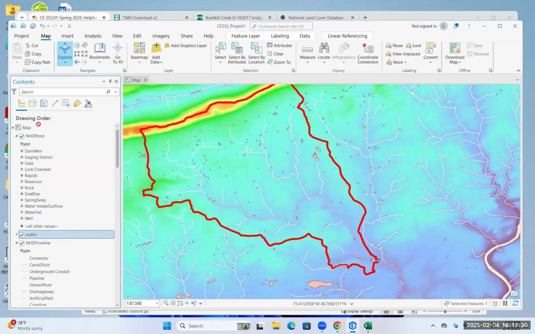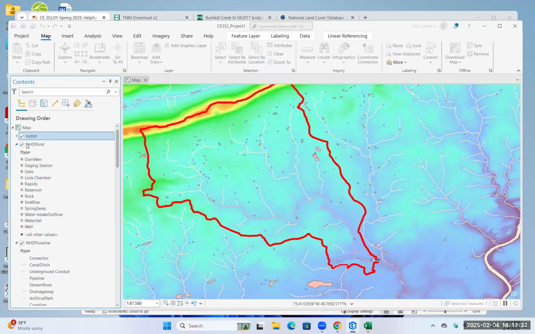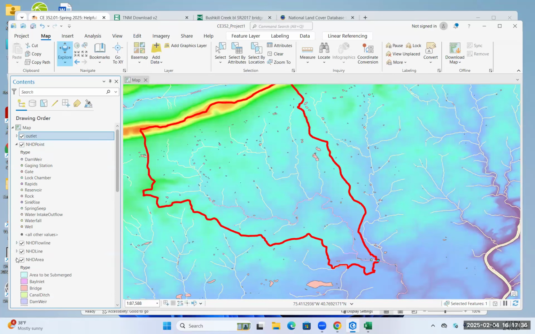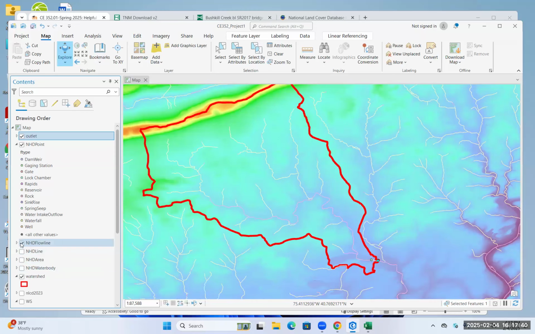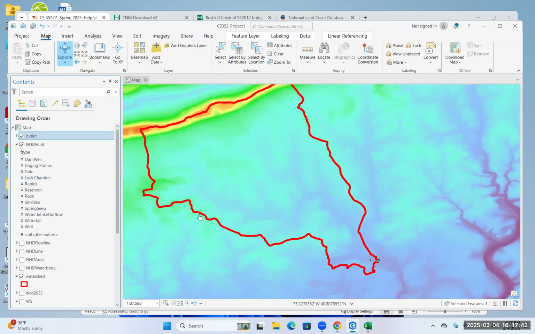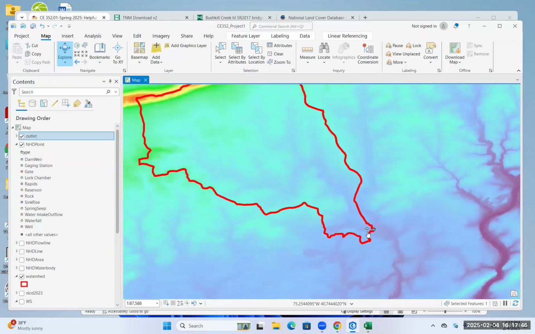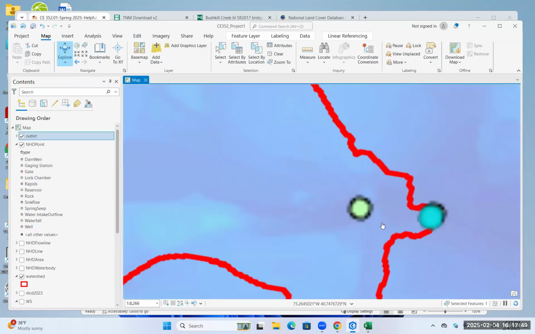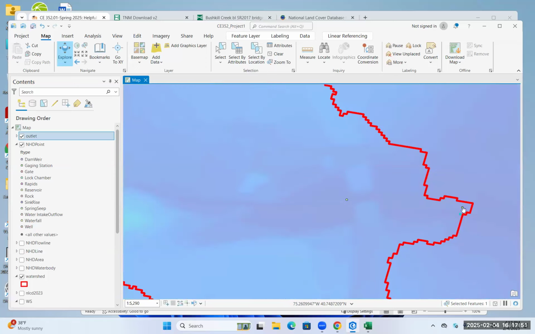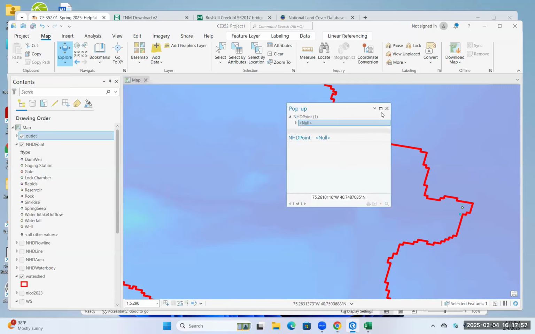So our outlet is our outlet. I'm going to drag that to the top. Let's take a look at NHD point first. I'm going to minimize all of these and turn them off just so I can look at each one at a time. I have NHD point, and for my watershed, I don't have any more information than 2 points here. So if I click on those,